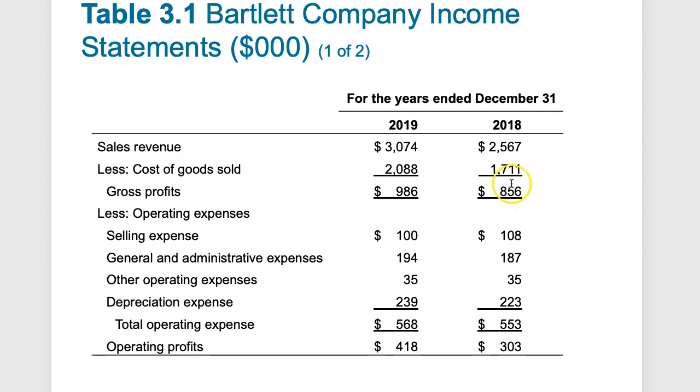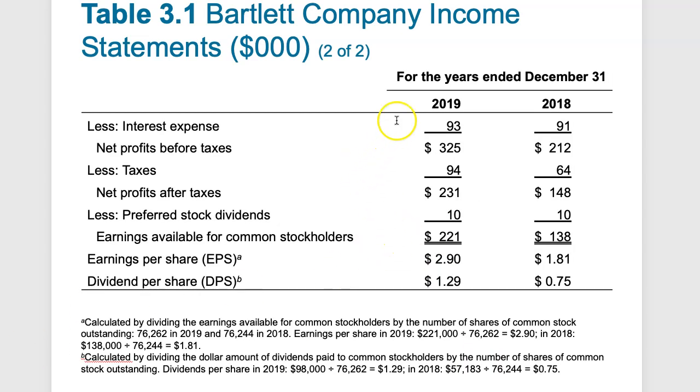The gross profits are just the sales minus the costs of the goods you're selling. The operating profits are after the expenses of running the business. This is what the business is generating. But the net profit's going to look after they pay taxes and after they pay interest expense on their loans, and pay the preferred stock dividends. Then we're going to get our earnings per share and then our dividends per share. So earnings per share is simply the earnings available to common shareholders divided by the outstanding shares. Dividends are a policy. They're going to be set by the management regarding how many dividends they want to pay.